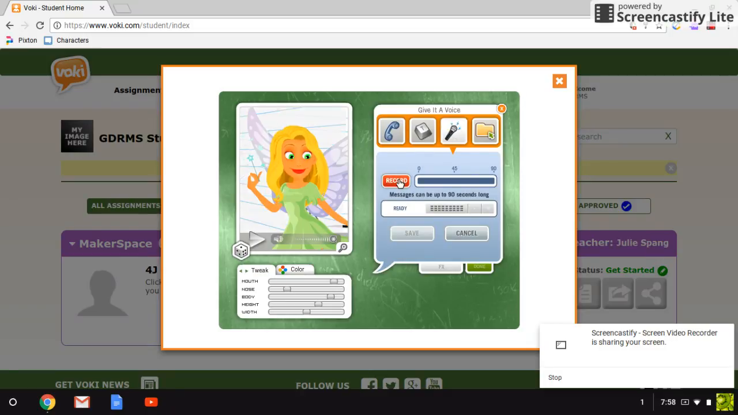So here I'm going to click on the record button, and you'll be prompted with a couple of dialog boxes asking you to give the computer, or give Voki, access to your microphone. So you're going to want to do that. Don't block it, or disregard the message. So basically, my prompt today is to tell my teacher something that I learned about the changing Earth. So when I click on record,